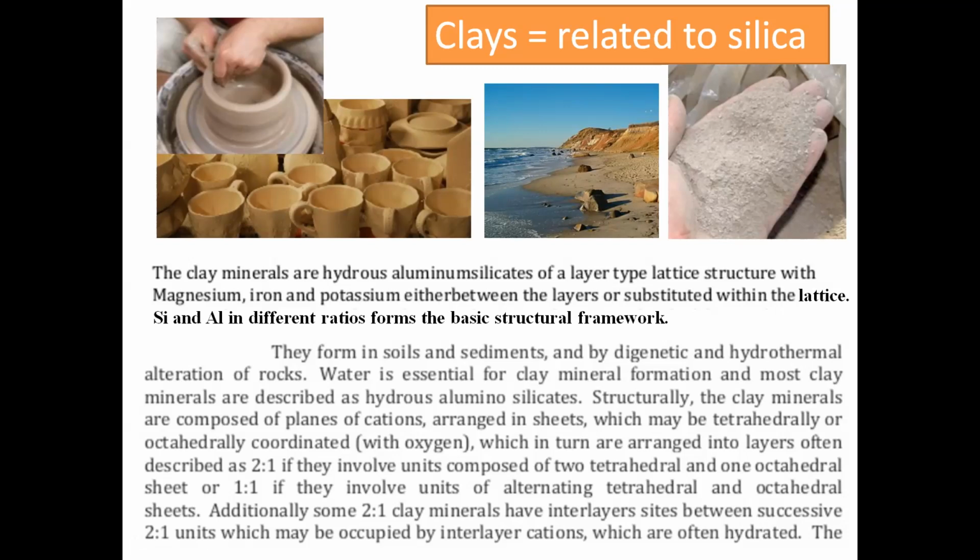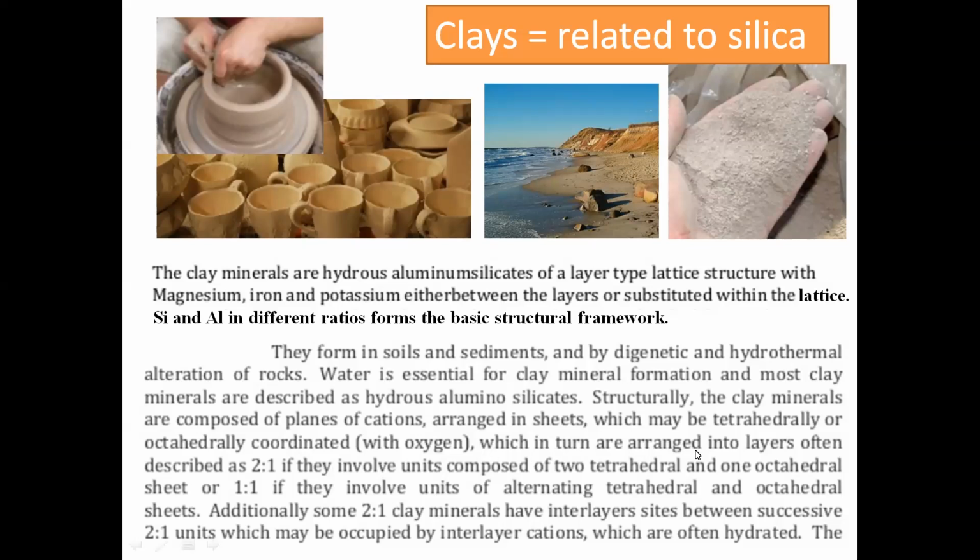Aluminum usually prefers octahedral holes and silicon usually prefers tetrahedral holes. The sheets we are talking about are actually sheets of these polyhedra, not the metal atoms alone. And these polyhedra share their corners or their edges, which means they share the oxygen atoms,